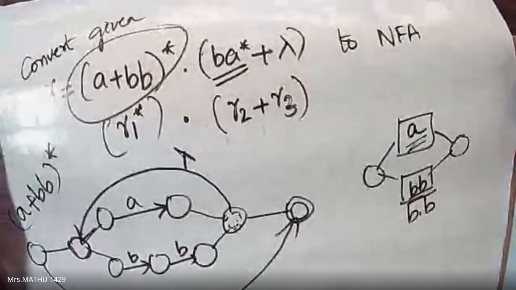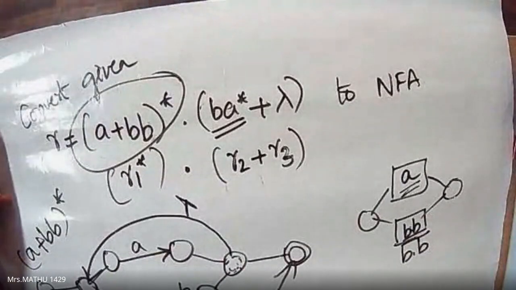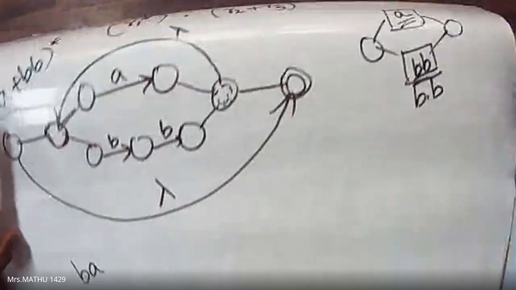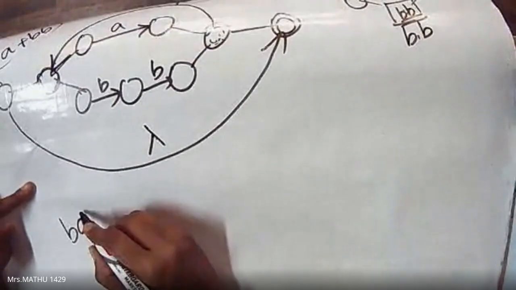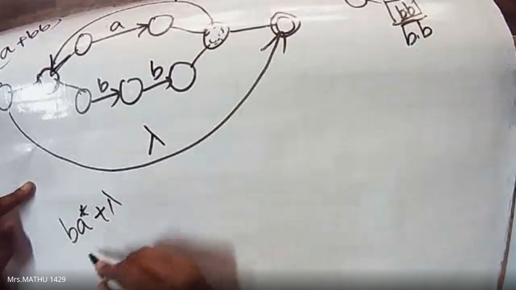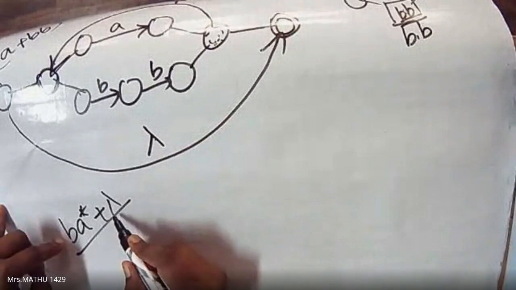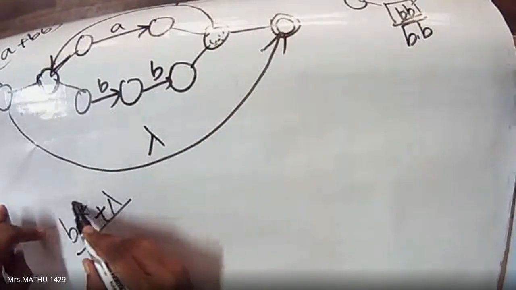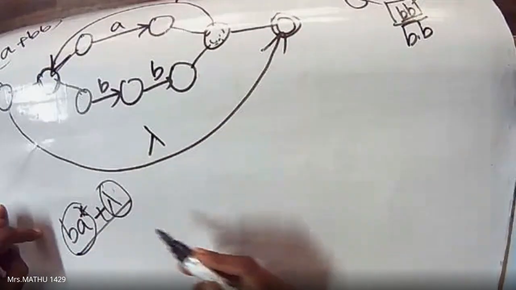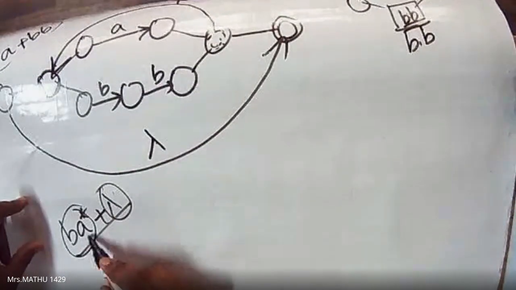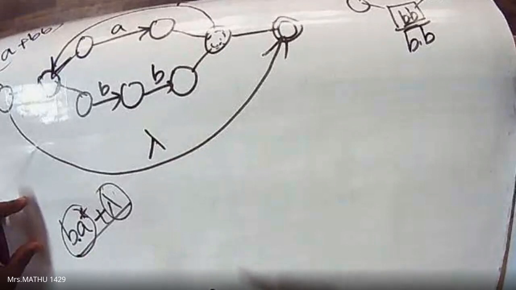Okay. The next one is BA star plus lambda. If it is not visible, please tell me. BA star plus lambda. If you see here, this is an OR operator. BA star is one part and lambda is another part. So how can we draw? First, BA star, again this is a